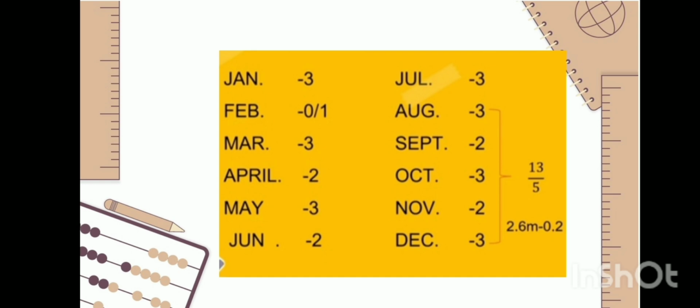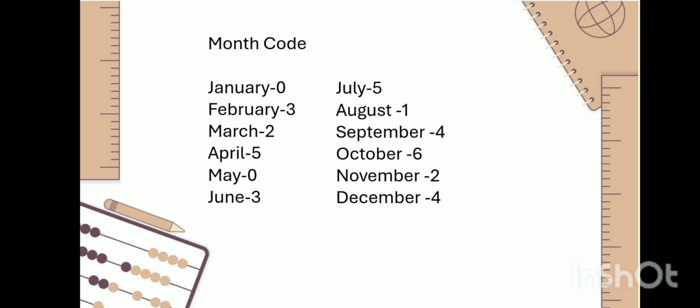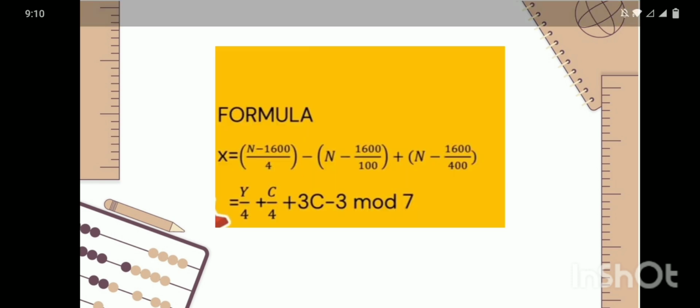So 13 over 5 is equal to 2.6. If we multiply 2.6 by the month's number or order from 1 to 12, then deduct 0.2, we can now have the codes. Also note that we will deduct 1 from the year if the date falls in January and February since it came from the previous year. With that, we have now the codes for months, days, and year.